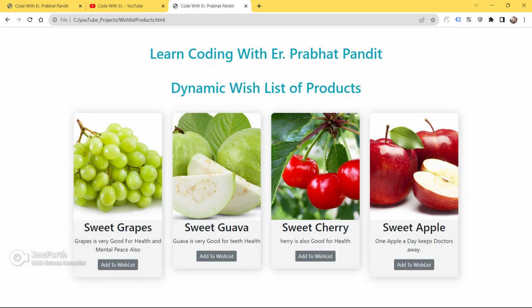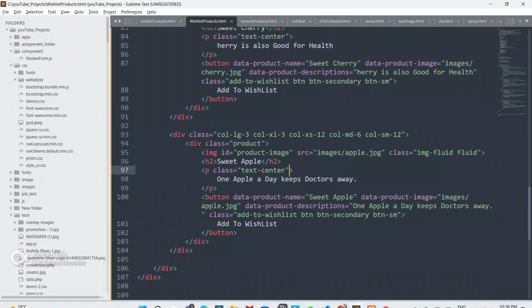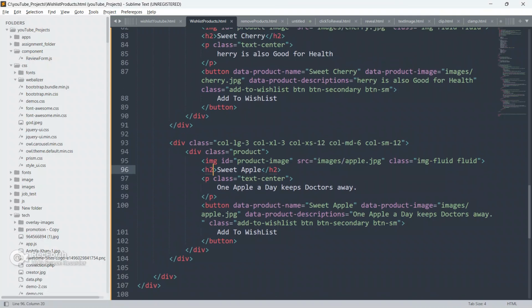So now our text is in the center of the card. We have got product image, product name, product descriptions, and a button to add to wish list.